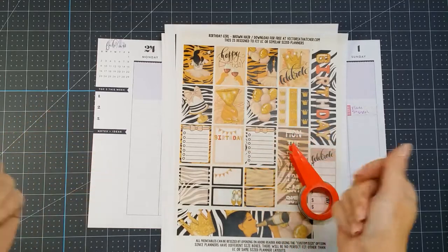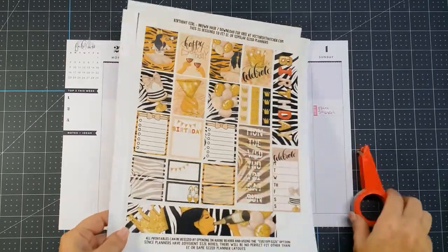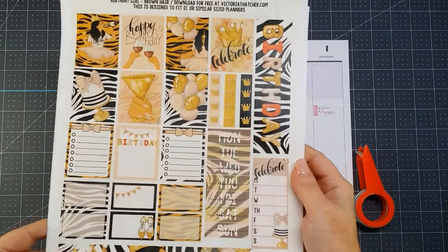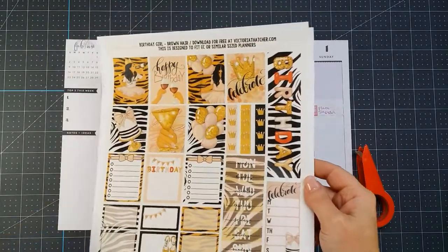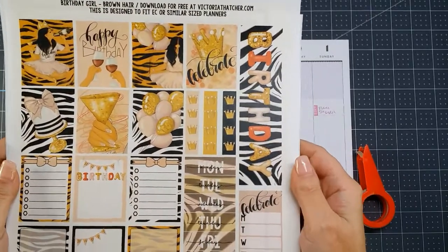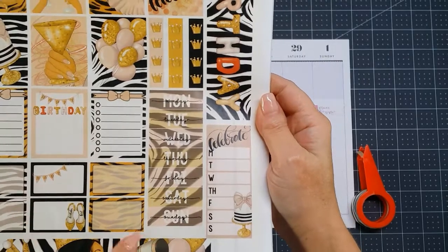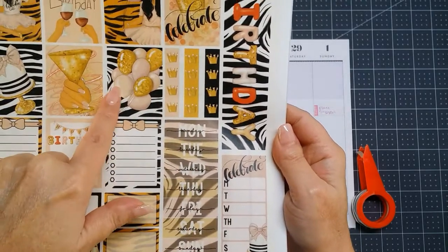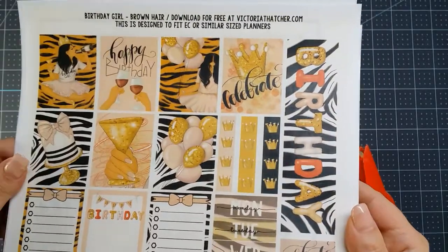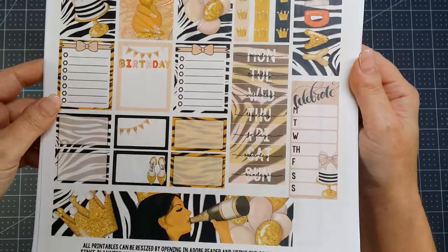Hey guys, it's Larry, and today I am doing a planner spread with this gorgeous artwork from Victoria Thatcher. This is for my birthday week, so I pulled out her birthday theme, and this is so cool. I love this. I guess it's a zebra stripe pattern with the gold, and just really, really cute, guys. Check that out. So I'll of course have a link for her below where you can download this free printable